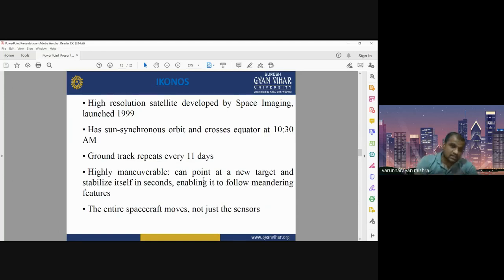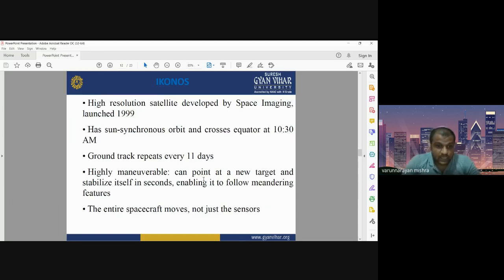It crosses the same location on the earth at 10:30 a.m. across the equator. Its revisit time is 11 days. It means it can capture the same area every 11 days. That is known as temporal resolution, or you may call it the revisit time, revisit interval.